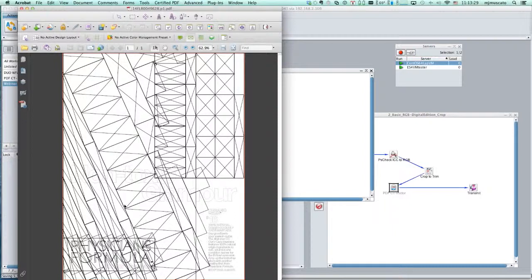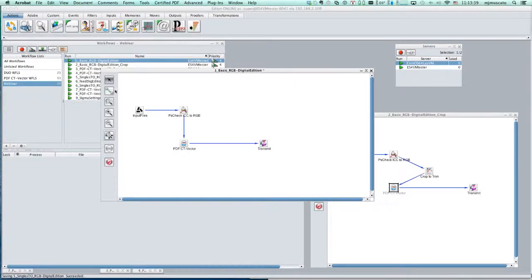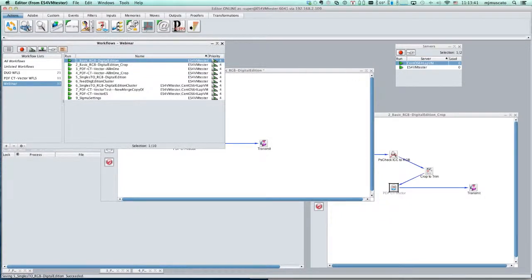This file was flattened. Frankly, I'm not sure, I think this came out of InDesign this way. And again, it's a legal file for print, but you see there are issues that can crop up. So let's say that guy